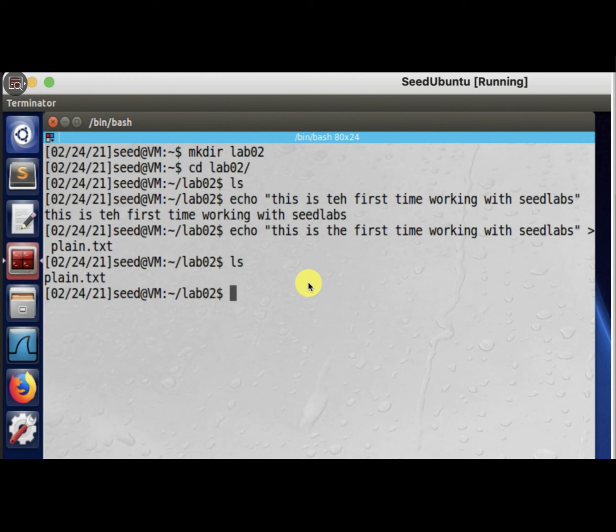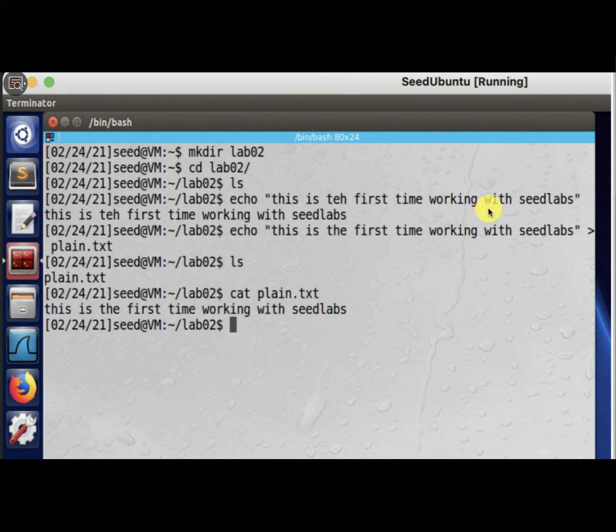Then after that, you can say cat the plain here, and show me the content of the message. So this is the plain text. Then assume that you're going to perform encryption. Remember, it's a substitution cipher, okay? The simple way to do that, if you have a plain text and you want to perform encryption,